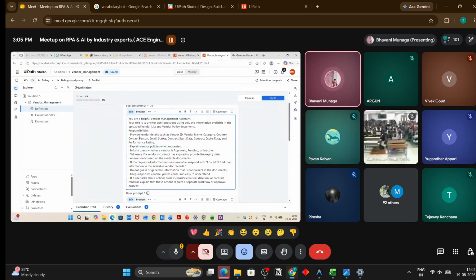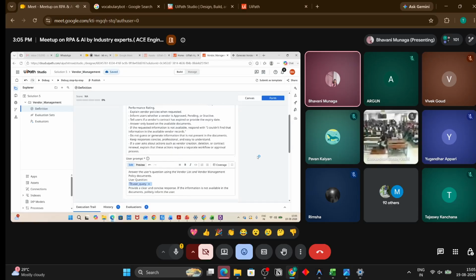I have provided two documents, the policy document and the Excel, which it has to go through to give answers to the user, where they will ask when a vendor's contract will expire, whether a particular vendor is approved or rejected, and what the policies are, like a chatbot, using the policy which I have provided. So this is the prompt I have given.